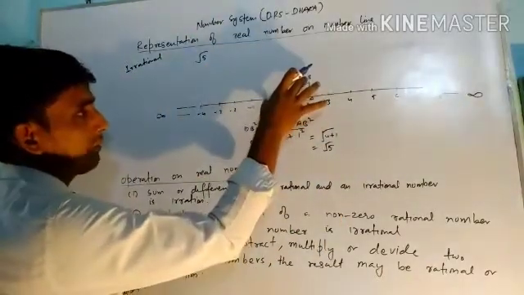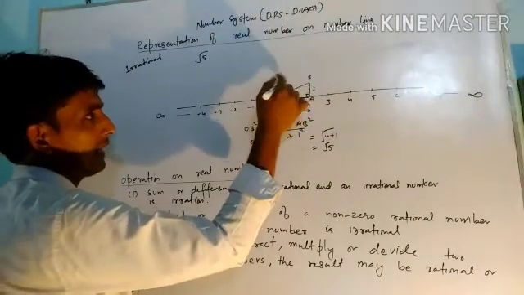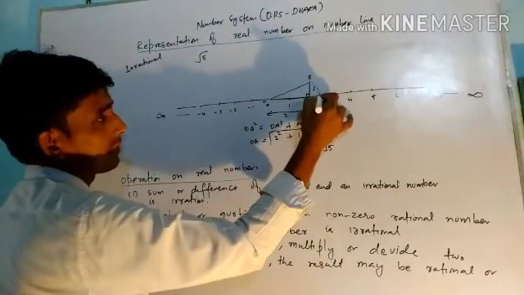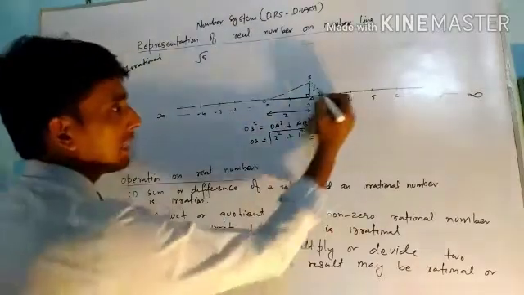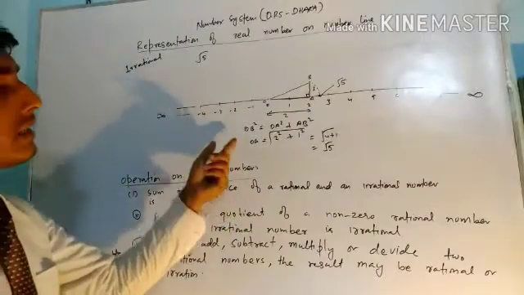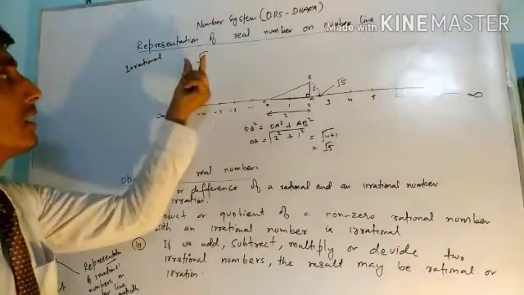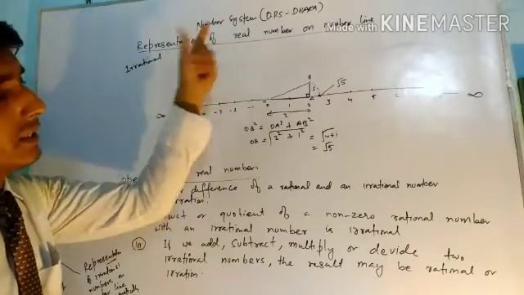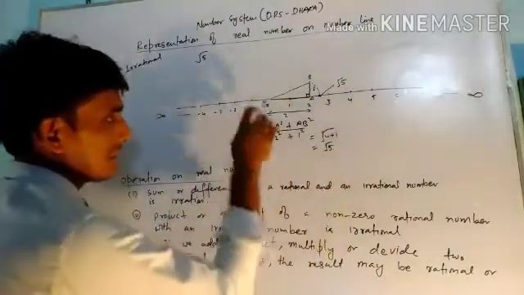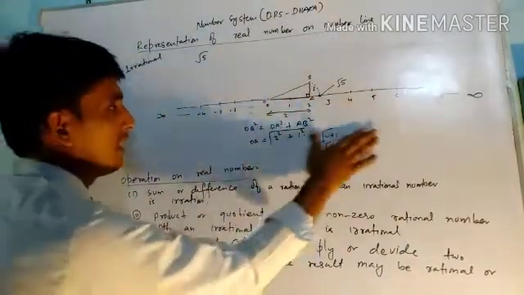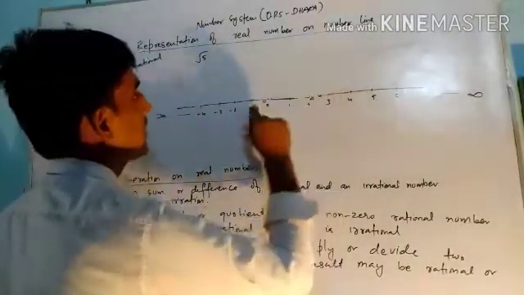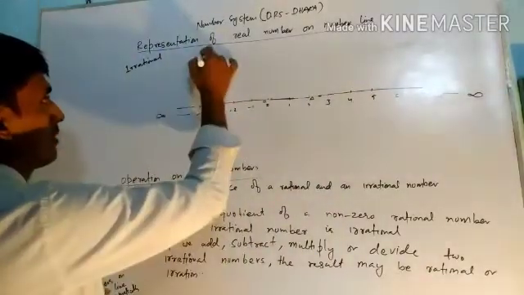You will measure with the help of a compass. And taking the same length of the compass, you will draw an arc, and you will get the point where it is cutting the number line. This point will represent root under 5. So this is the first method by which you can represent any irrational number in the form of under root on the number line. There is another method. This method I already discussed in the previous lecture, but in the next method of representing root under 5, suppose we are taking root under 7.